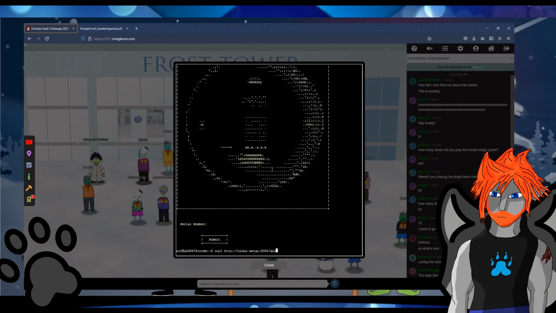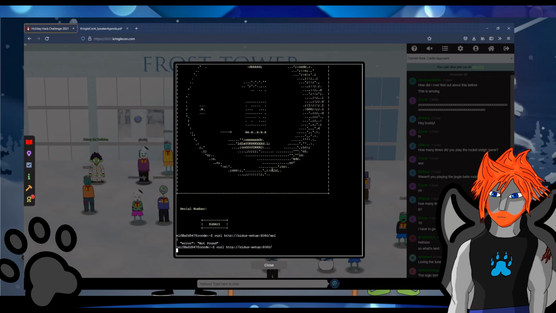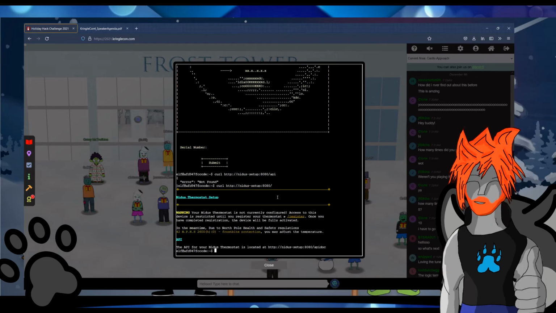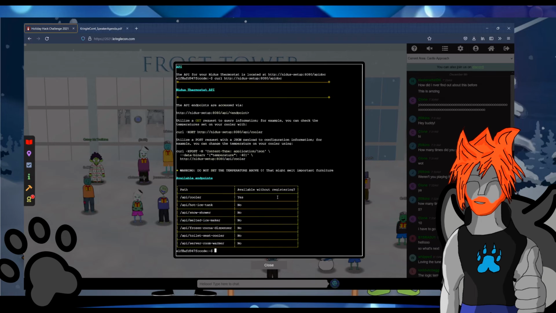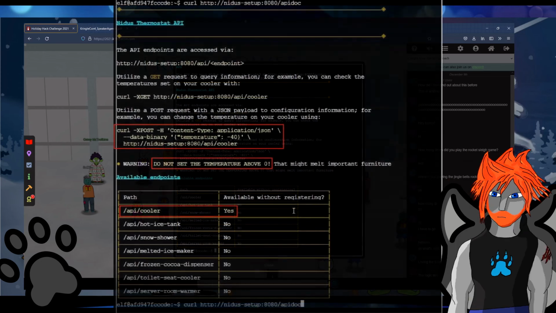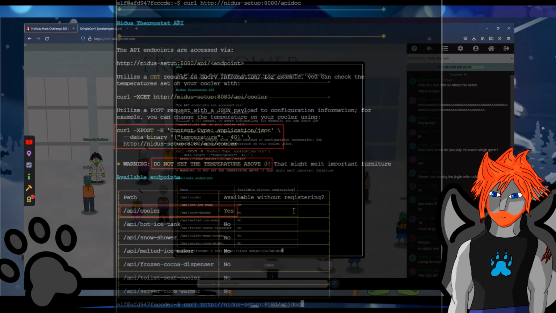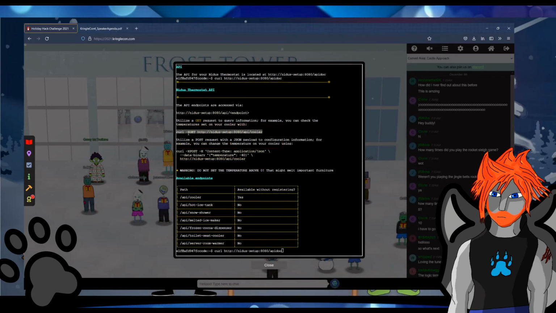Naturally, I don't remember what the API documentation was called, so we have to go back to the main webpage. Curling the API documentation, we see that there are a number of endpoints available to us. One of the endpoints, the API cooler, is available without registering, or without authentication, so to speak. By using that particular API, we are able to send a POST request that is going to change the temperature